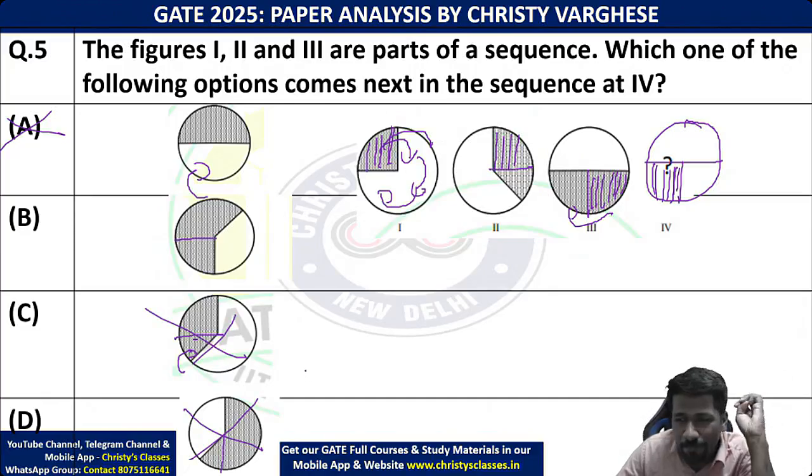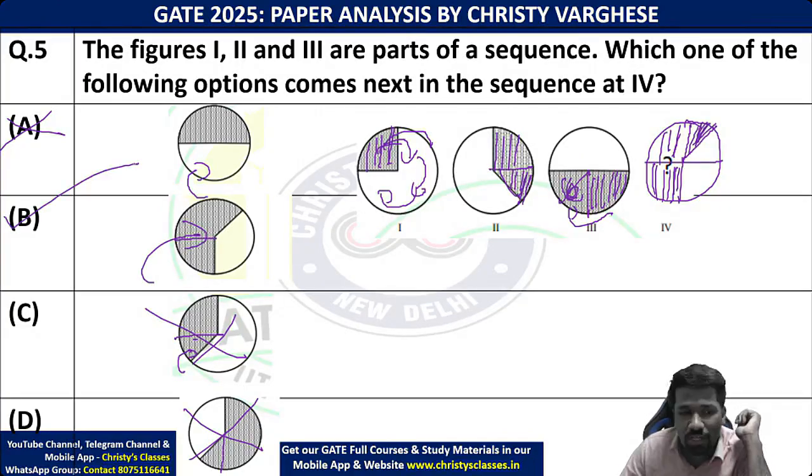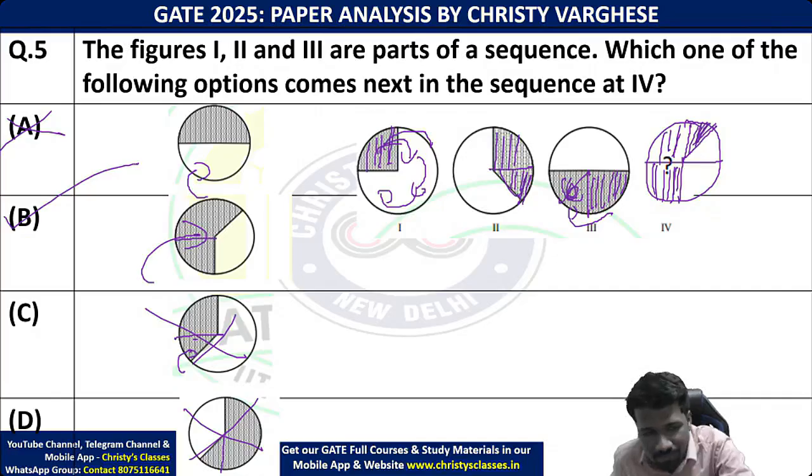But what else happens? ये quarter circle के साथ आधा quarter circle extend हो गया. Then one more आधा extend होके one full quarter circle extend. Then 1.5 quarter circle extend होना चाहिए. 1 quarter circle, half more. So option B perfectly fits all these conditions. So option B is the answer.